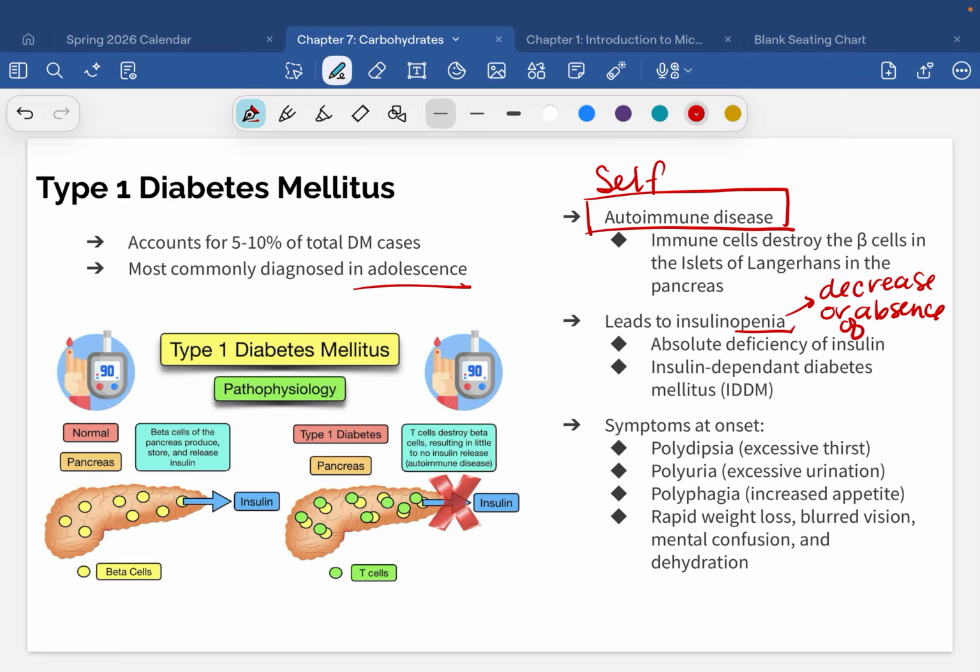Type 1 diabetes is also known as insulin-dependent diabetes mellitus, or IDDM, because this disease can be controlled and treated with the injection of exogenous insulin. It's insulin dependent. Okay. And again, remember that if there is no insulin to be had within a body, blood glucose levels will continue to go up. Okay, those blood glucose levels will go up and up and up.